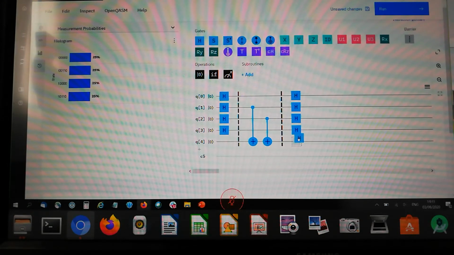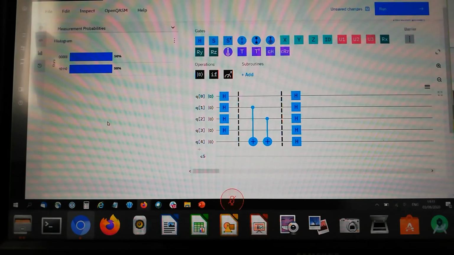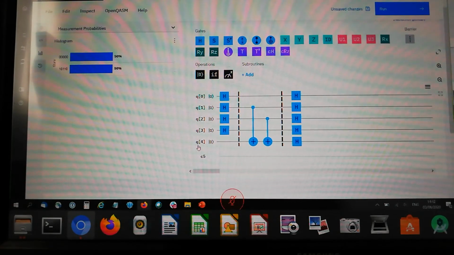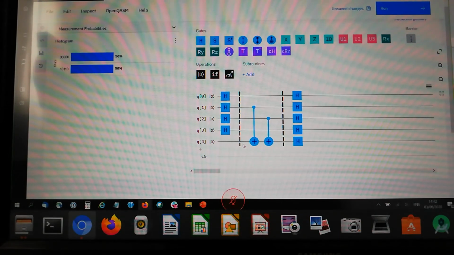Something magical happens. We only get 2 possible outcomes: 0, 0, 0, 0, 0, at least 5 zeros, and we see another outcome which is 1, 0, 1, 1, 0. So if we execute this circuit, we have 50% possibility of finding just a bunch of zeros, which doesn't make sense, but also 50% probability of finding 1, 0, 1, 1, 0. And the interesting thing is, of course, the first qubit, which is the most significant bit, which is Q4, is a 1, and that was what we are looking for as a result. And then Q3 is a 0, Q2 is a 1, Q1 is a 1, and Q0 is a 0. So this gives away what is,